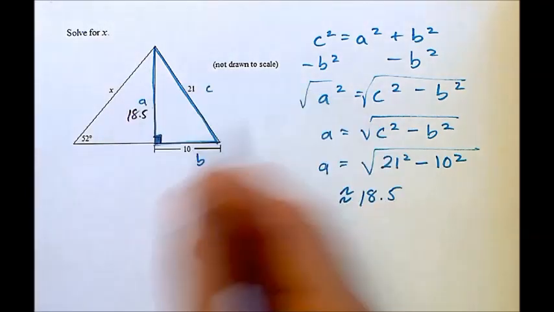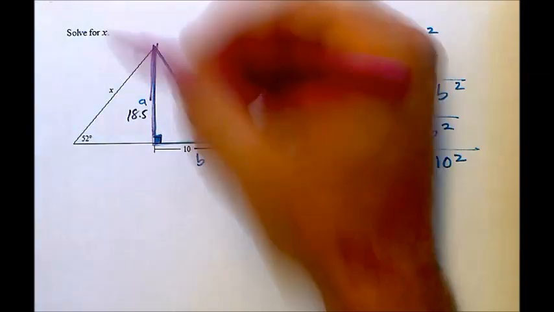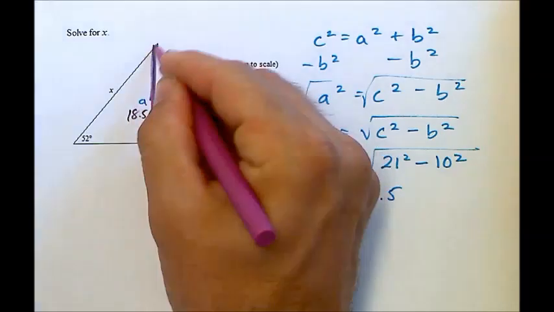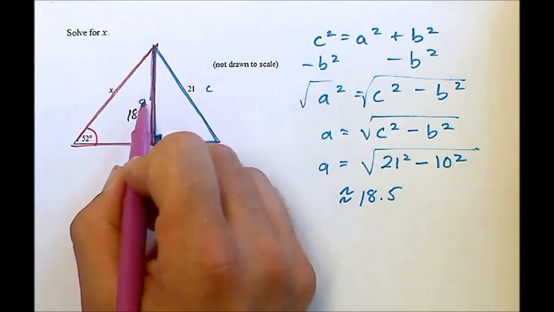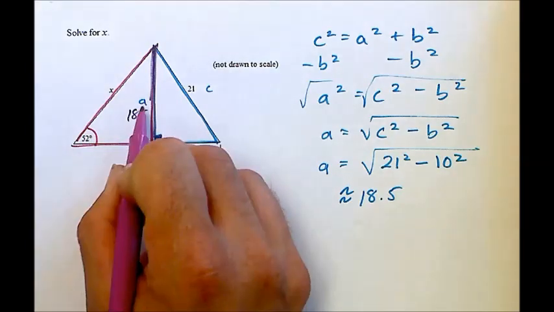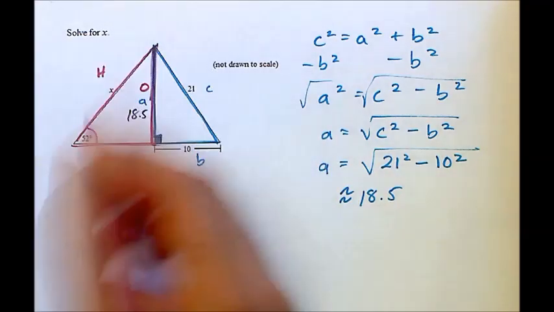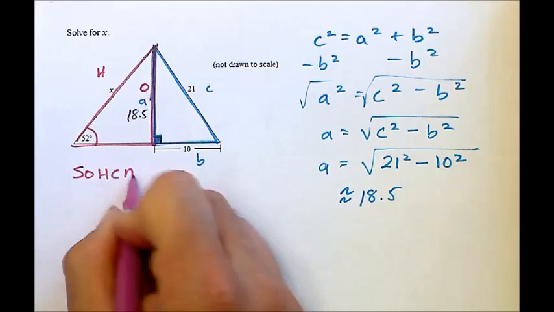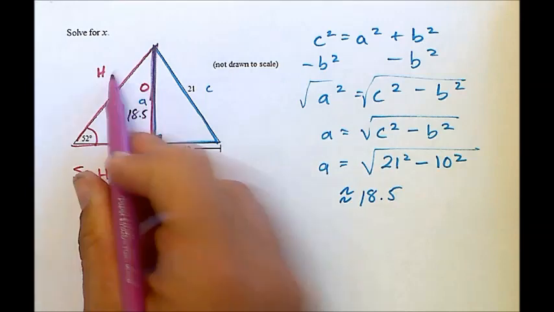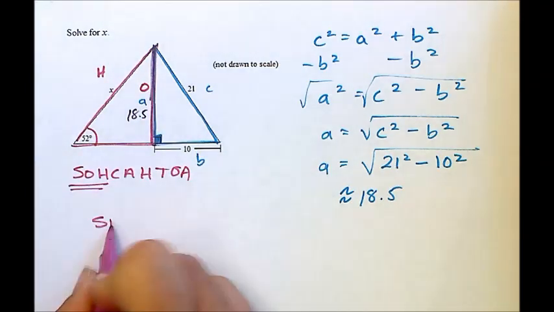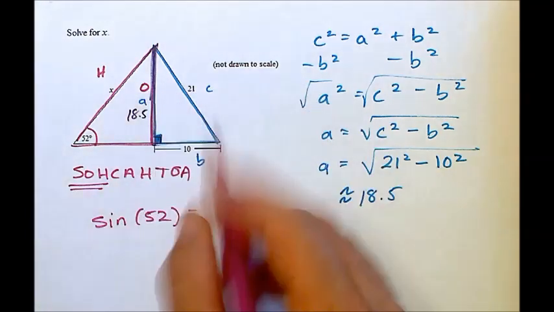Now that gives me a right triangle here. Let me get a different color going. It gives me a right triangle here in which I have one acute angle and I have a side. Now if I have an acute angle and a side, I could set up a ratio of my opposite and my hypotenuse using SOHCAHTOA, or trig. Now in this case they're giving me opposite and hypotenuse, which is my sine. So sine of 52 is equal to a ratio of my opposite